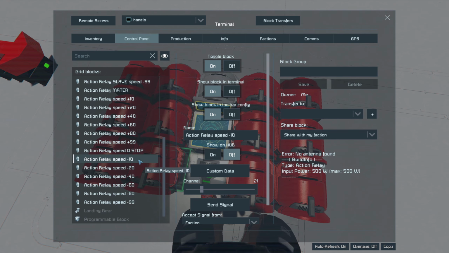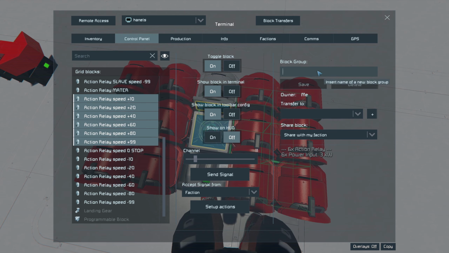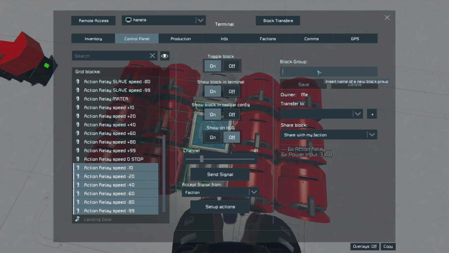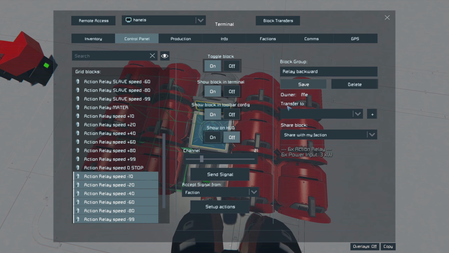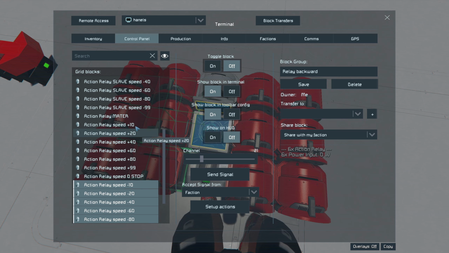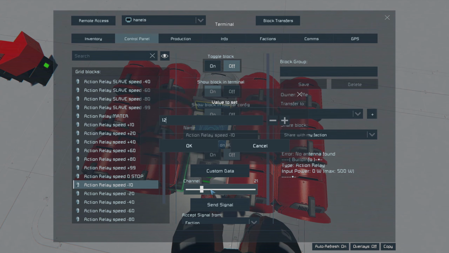Yeah, I understand. So this will be forward, relay forward, and these ones will be backward. And of course I need to change them to same channels. So 11, 12,